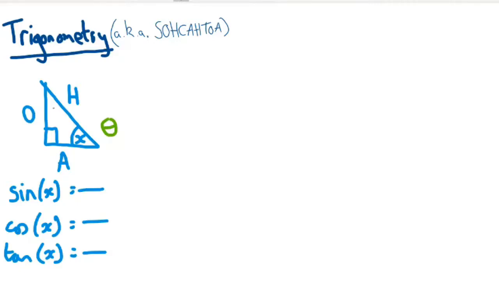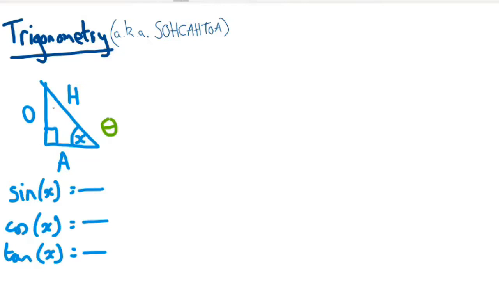Okay. Now, in these questions, you're either going to have two sides and want the angle, or know a side and an angle and want the other side. If you knew two sides and wanted the third, you could just use Pythagoras. If you knew two angles and wanted the third angle, you can just say that angles in a triangle add